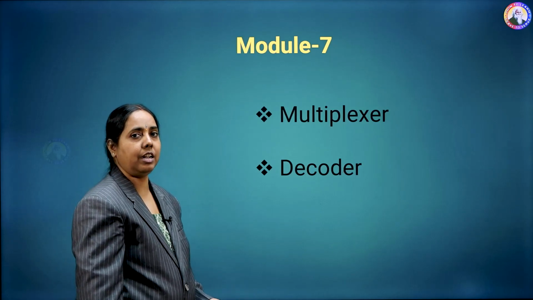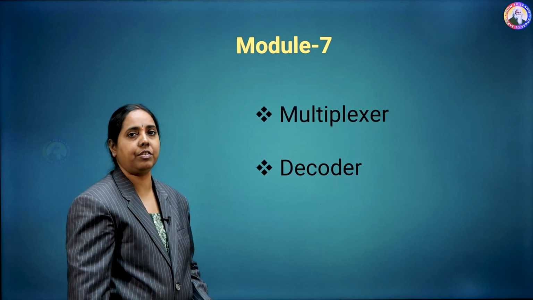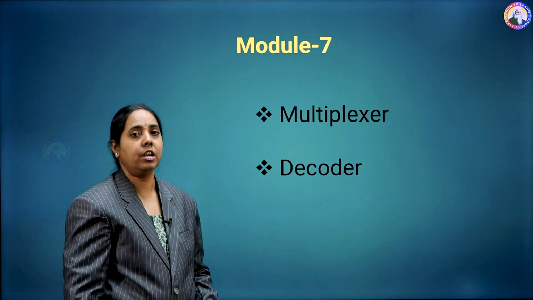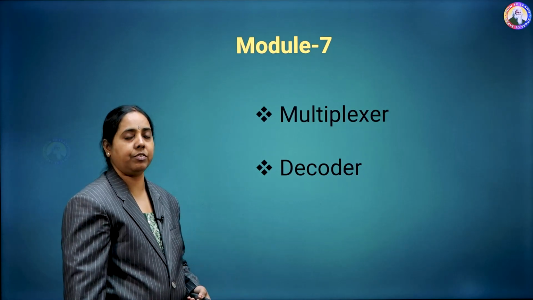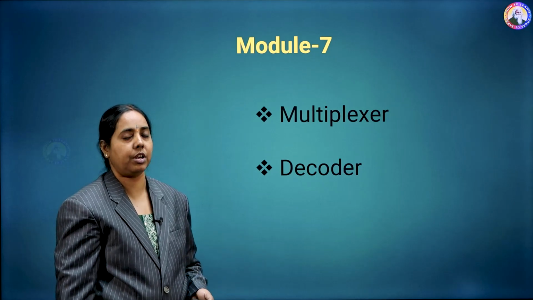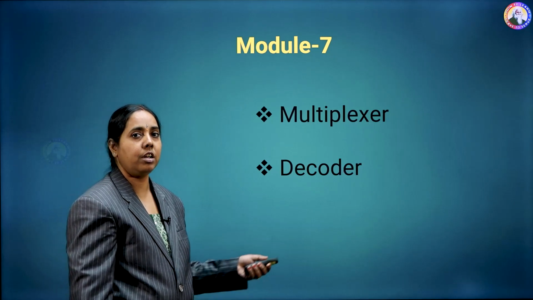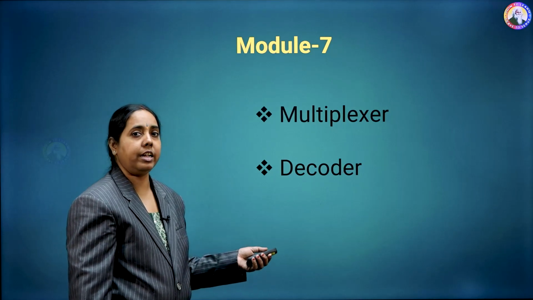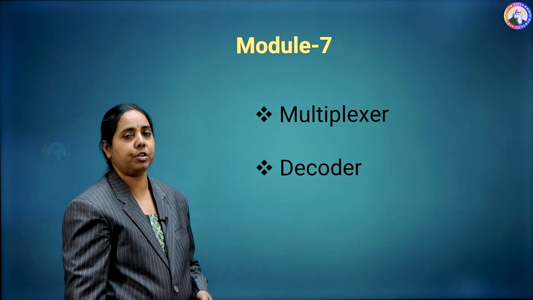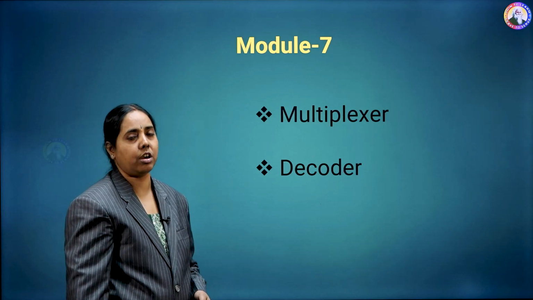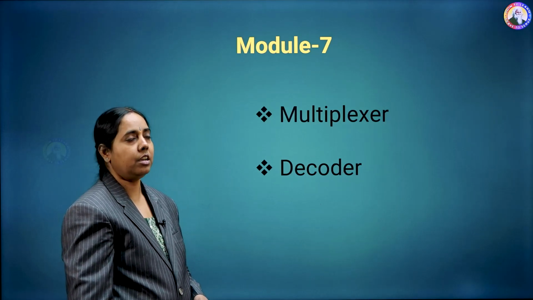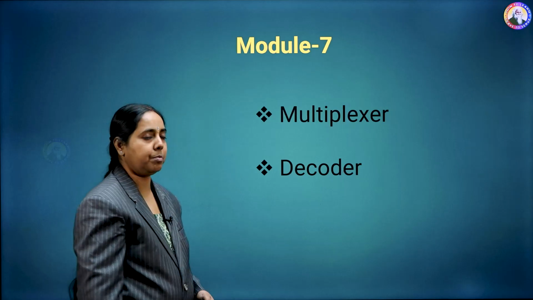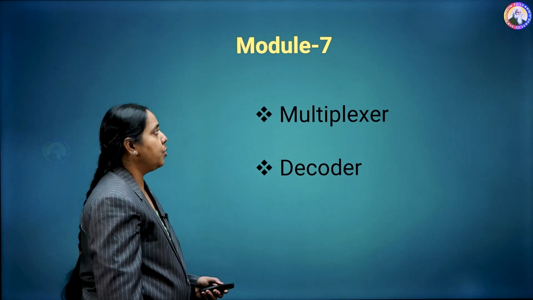So in the last video we had seen the three different types of combinational circuits. Based on arithmetic we will be having different types, based on data transmission we are having types, and based on code conversions we are having types, and this is one of the types under data transmission. Under data transmission we are having multiplexer, decoder, encoder and demultiplexer. Now here we are having only multiplexer and decoder. First of all we will see what is multiplexer.